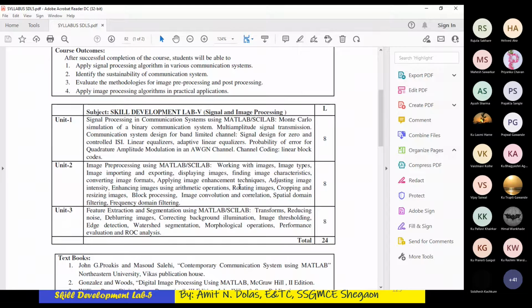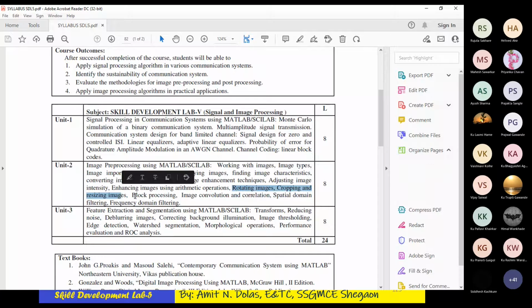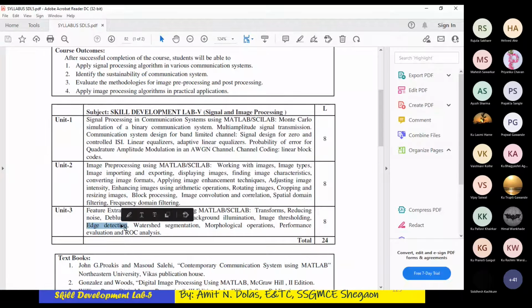Rotating image we have not covered, today I'll show you. Rotating and cropping image, resizing image, block processing, image convolution, correlation, spatial domain, frequency domain, all this we have covered. Then edge detection algorithms we went through.